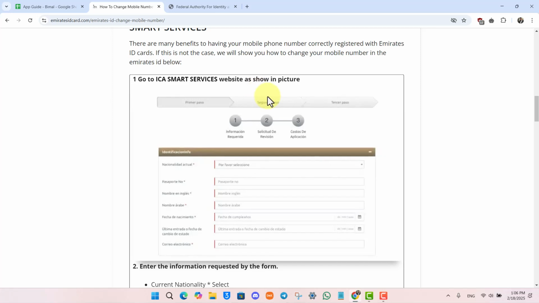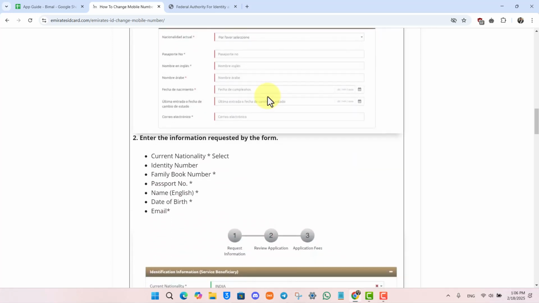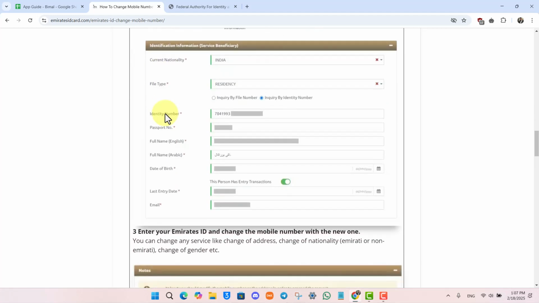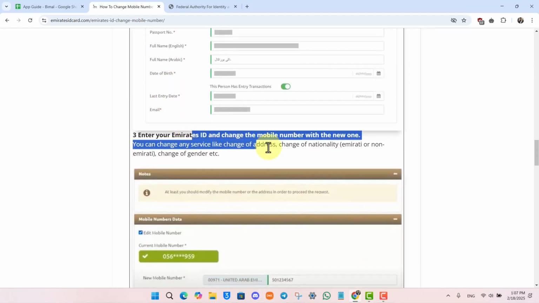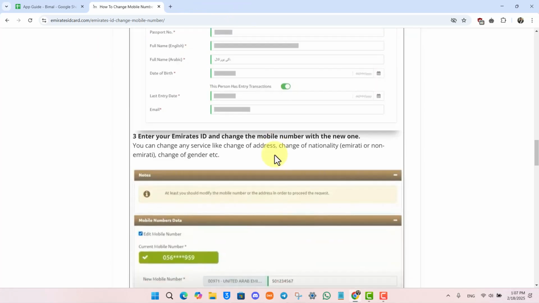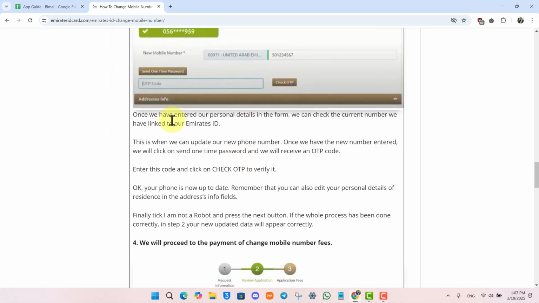particular picture. After you do that, you want to simply go ahead and enter the information requested by the form, which could be your current nationality, your identity number, the family book number, passport number, your name in English, date of birth, and email. And after you've done that, enter your Emirates ID and change the mobile number with the new one, right? So after you've done that, once you do so, you'll be able to go ahead and then